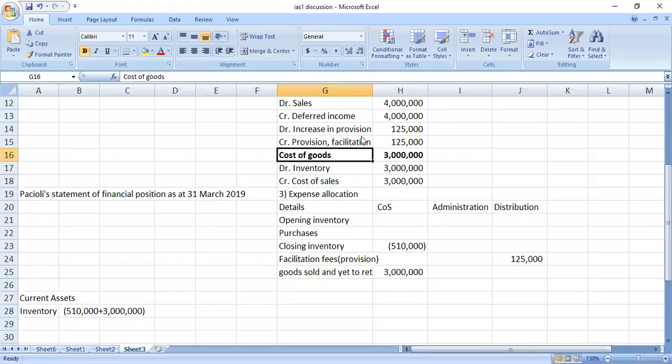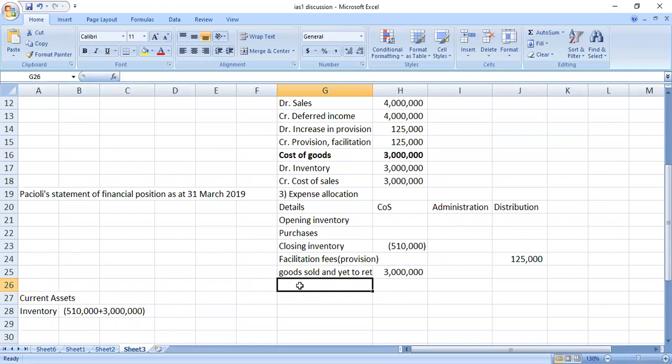worksheet here. So I had stopped on the facilitation. It's not the last, but cost of sales is the last one. So we're on the 3M. We're saying go and debit your closing inventory with 3M. That's why we increase this value with 3M, 3 billion. Then credit cost of sales. So you come here under cost of sales and you say,